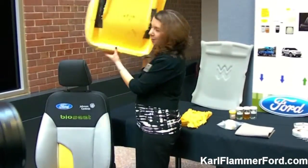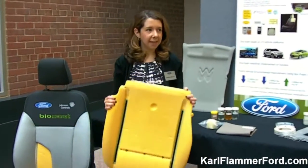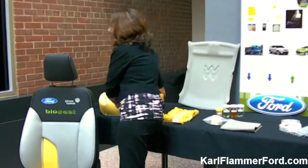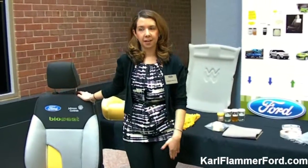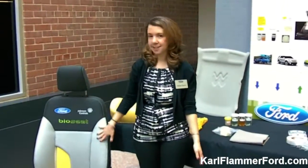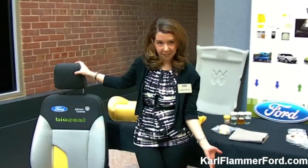So we got a foam that looked more like this, and it passes all of our requirements for durability, safety, comfort, compression, density. And since 2007, we were able to migrate this technology to nearly all of the vehicles that we produce here in North America. So we have soy foam today on seat backs and seat cushions, like I said, in nearly all of our vehicles. And then we've also announced that we have soy foam now in the headrests in nearly 75% of our